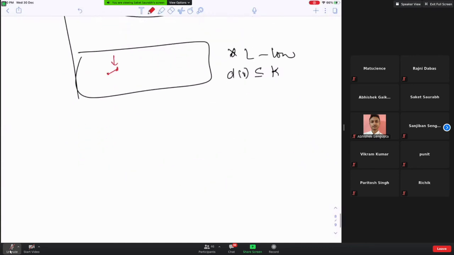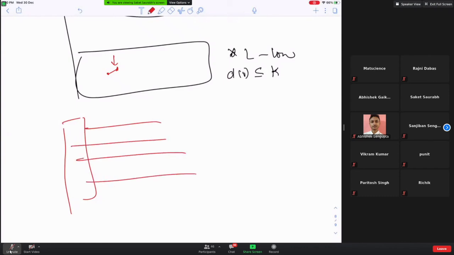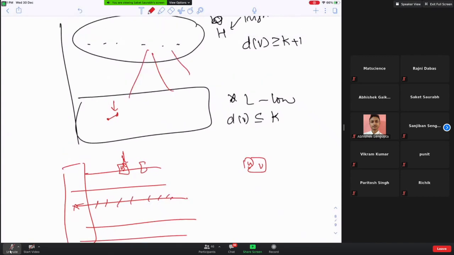Okay, so what you can do is go through the adjacency list one by one. You keep a pointer to where you are, and for each edge, look at the endpoints u and v. Because time is not a constraint, I go to u and count its degree. If it is more than k, then I know it is adjacent to some high degree vertex. Otherwise, I keep a count which counts the number of edges with both endpoints in Low.